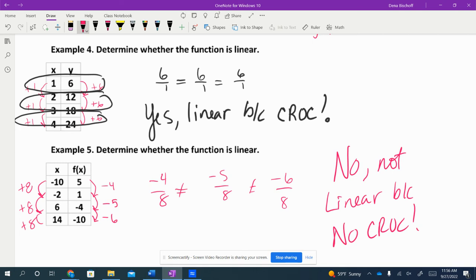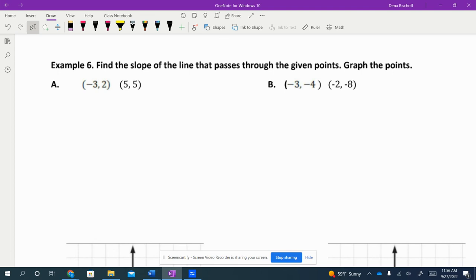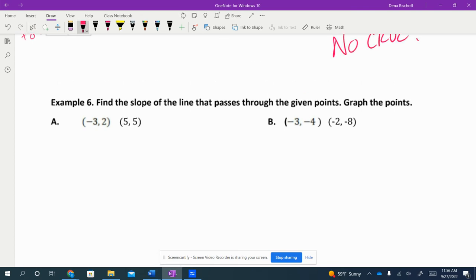Okay, so the only thing we've done in those first 5 examples is use the change in y over the change in x, or count the rise over run, okay? These next 4 or 5 examples are going to be using that equation m equals, do you remember what we wrote up there? M equals y sub 2 minus y sub 1 over